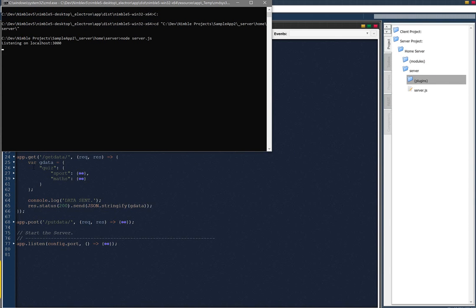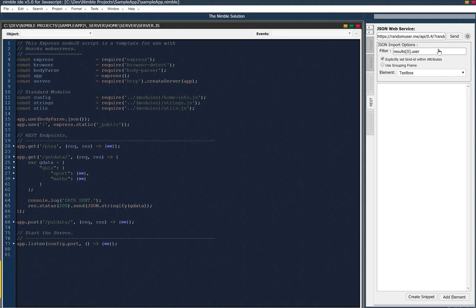As I said, this server is running. It will return a JSON object, and to verify that within the Nimble IDE, we can test it. If we look at localhost port 3000, that's where it's listening, and we use the command get data. We send that to the server, and we get the JSON object back. Quiz, sports, the questions and answers. That's all provided within this